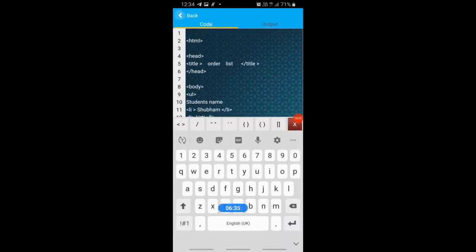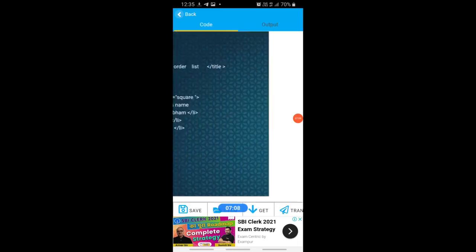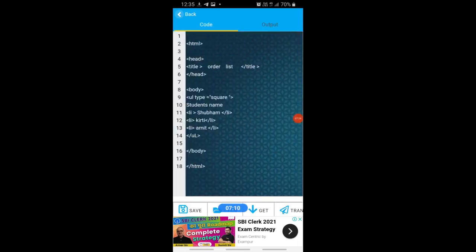If you want to mention the unordered list type, suppose UL type is equal to, within quotes, write square. Now see the result. Now it is in square. Clear? Like this way you can complete.